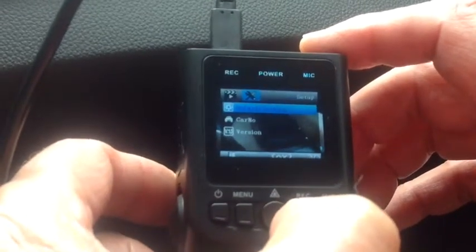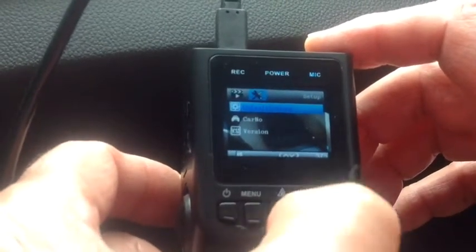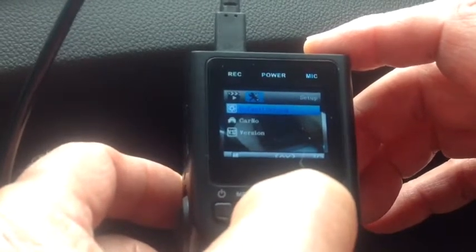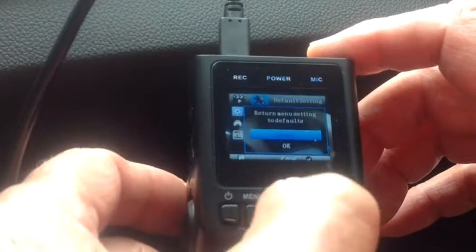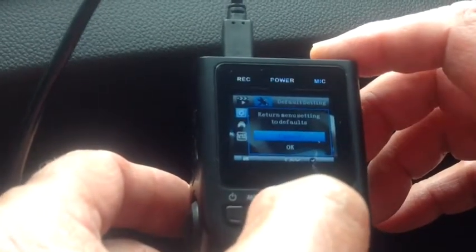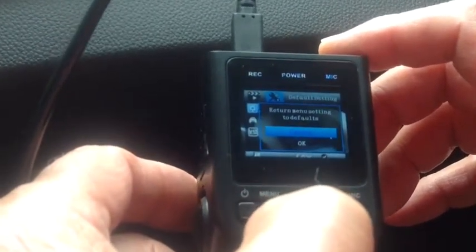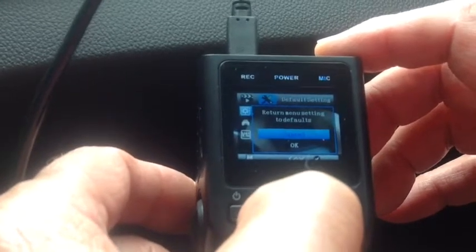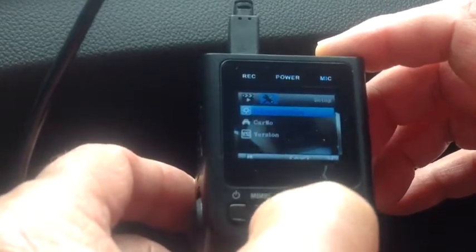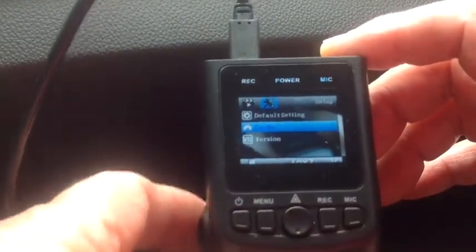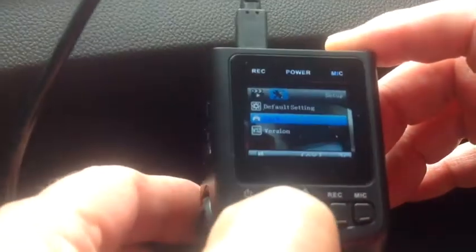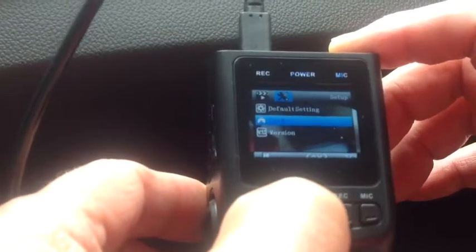The next item are the default settings. Hitting the triangular button, I'm going to cancel that, or keep it on cancel, because I don't want to go back to default settings. I have some settings that I want to keep. Hitting the triangular button, I'm back. Then going down to car number. If you have a fleet of cars, if you have a couple of cars, you may want to change your